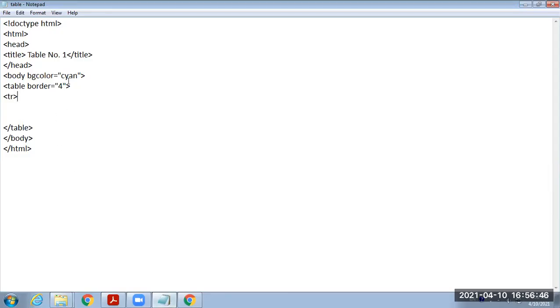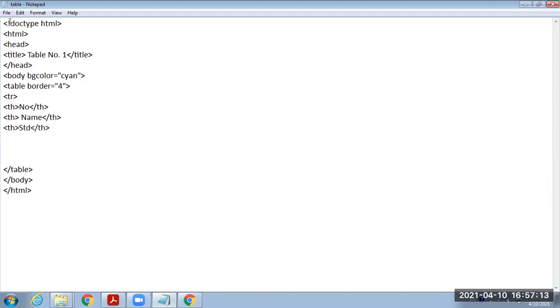Okay, now under this TR we will provide our first heading. As I have shown you, I will provide the first heading as number, and then I will end that heading. Then again the next heading as name, and then end the heading, and again the next heading as standard, and then end that heading.